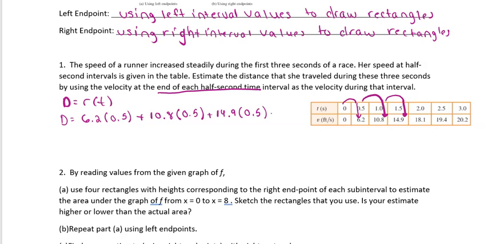And then do the same thing again. So pick up at our 1.5, go to 2, use the ending time. I'm running out of space, so I'm just going to carry it down here underneath. So that would look like our 18.1. And again, it's been a half second of time that has passed. And then we do it again. From our 2 seconds to 2.5 seconds, use our ending. So that will give us the 19.4